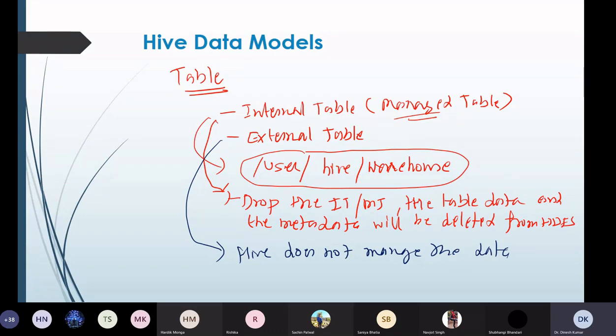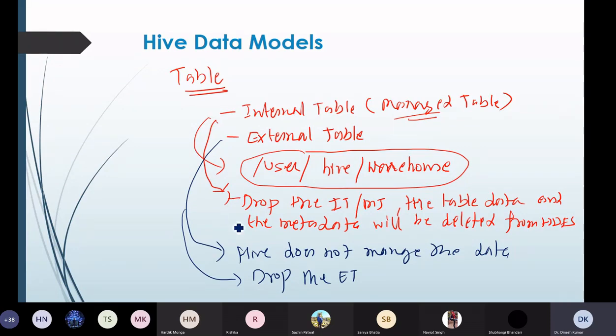And whenever we drop the external table, only the metadata associated with the table will be deleted, but the table data remains untouched by Hive. Whereas in case of an internal table, the metadata as well as the table data will be deleted from HDFS.